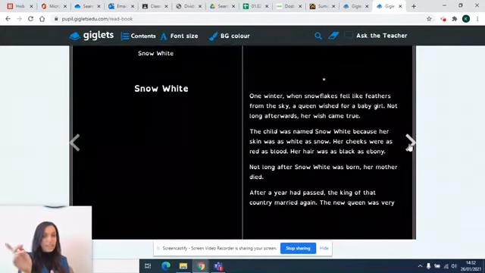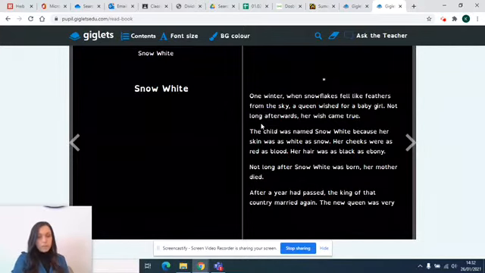Or like I said, I can use these buttons. It's a bit like a Kindle, and press it aside. And this is the first chapter, the beginning here. So at this point, if you're reading with your child, you might ask some questions like we would in school. We might say,